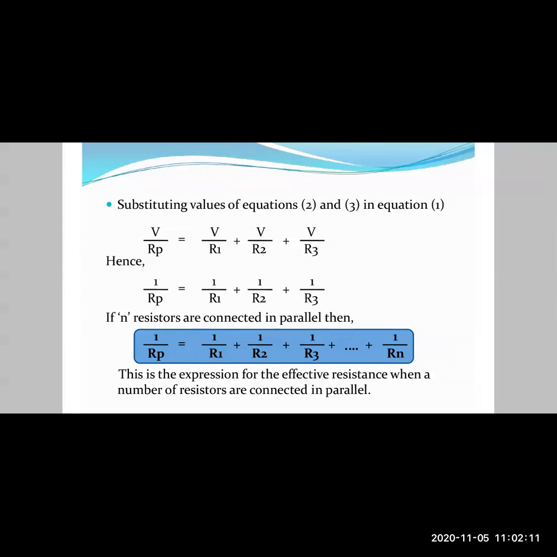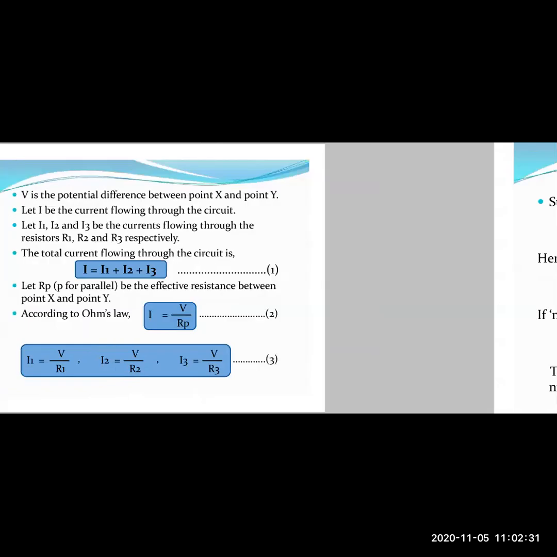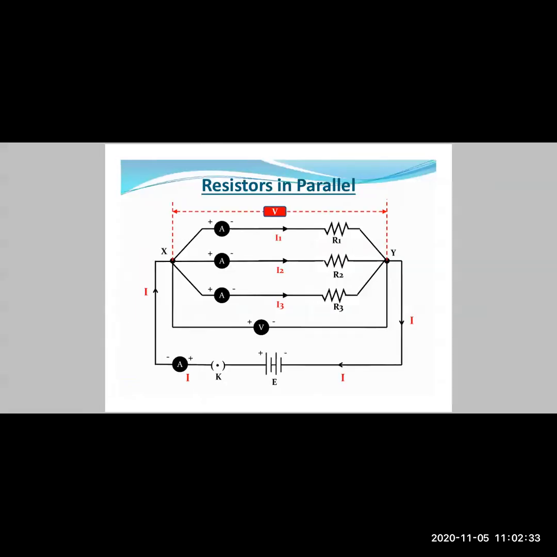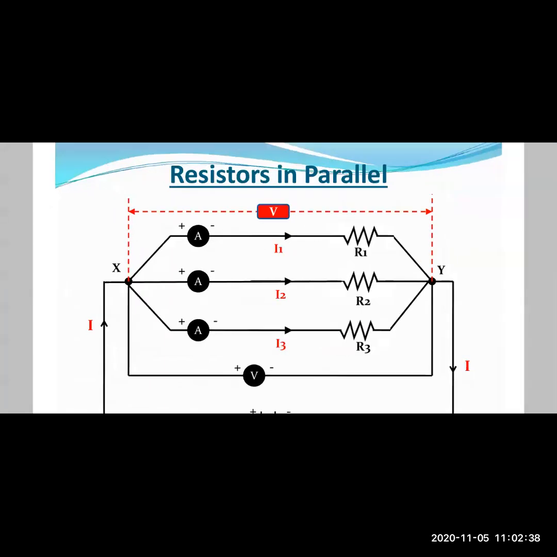So that means the inverse of the parallel resistance is the sum of the inverses of the resistances of all the individual resistors, right? So this is the expression for effective resistance when a number of resistors are connected in parallel. Let us go through it once again because it is very important. So you can see the circuit diagram first. You need to remember that the resistances which we have, R1, R2, and R3, should be connected in such a manner that both the